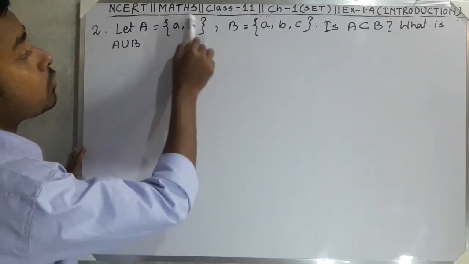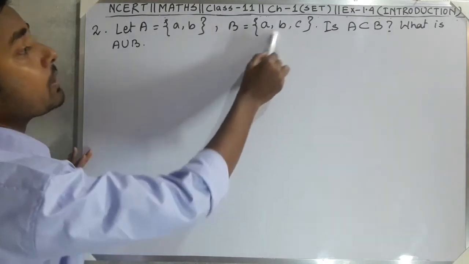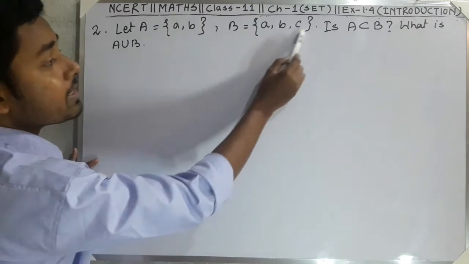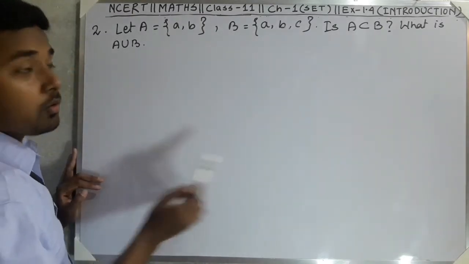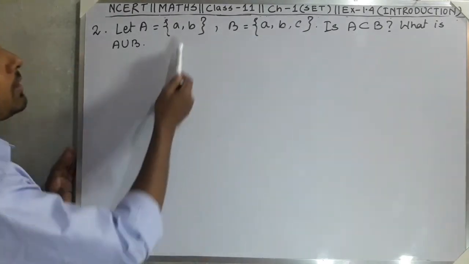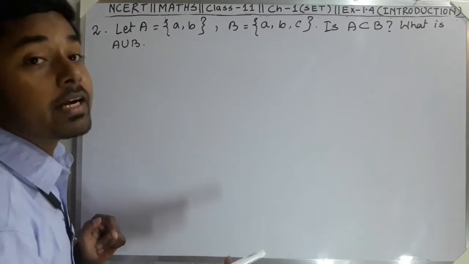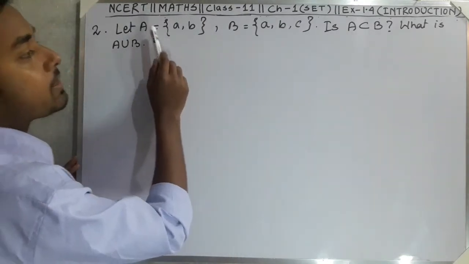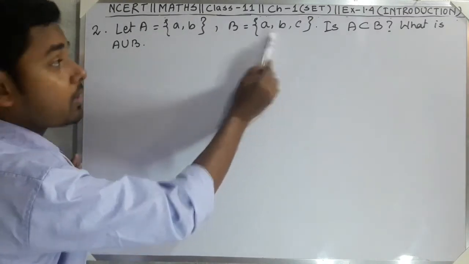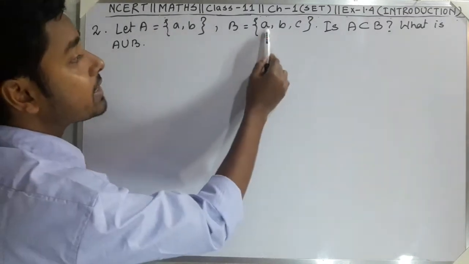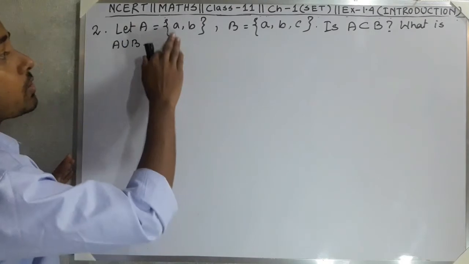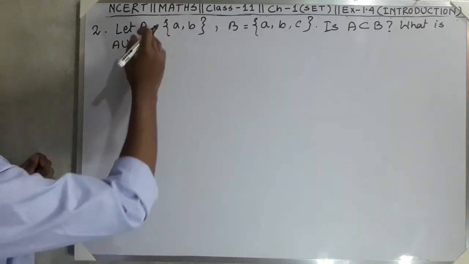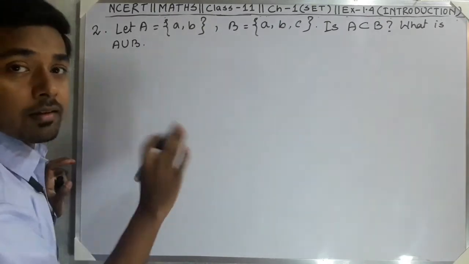Now we can tell what? These elements we have taken from these sets. Because one has 3 elements and the other has 2 elements, easily we can tell that set A is a part of set B, because these elements are also in set B. So we can tell set A is a part of B and set A is a subset of B. Is that clear?